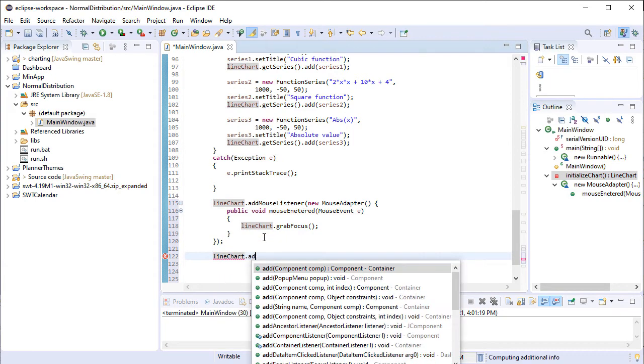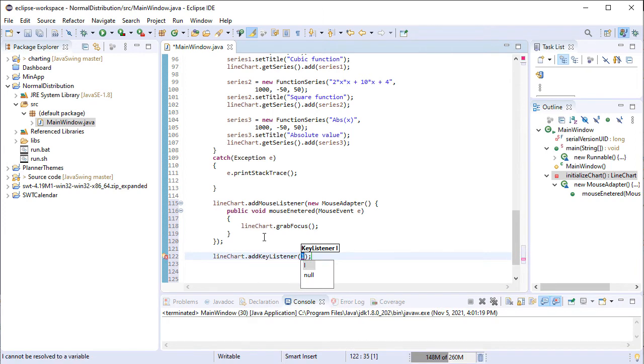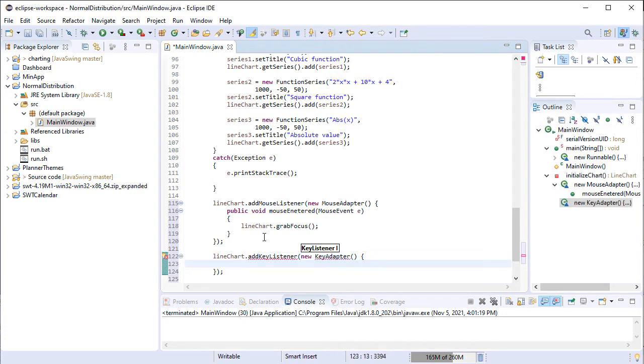Next, we will add a key listener. We will handle the key pressed event.